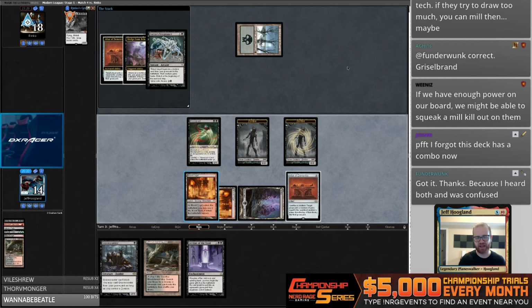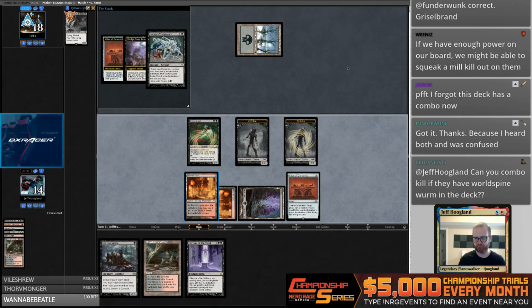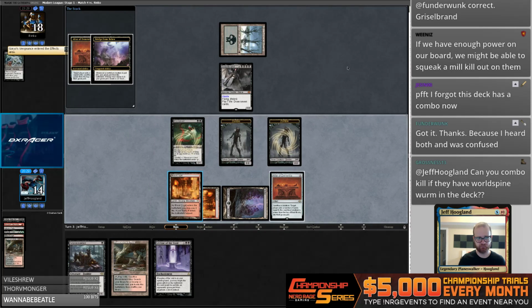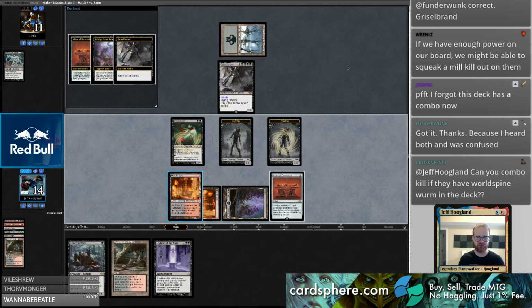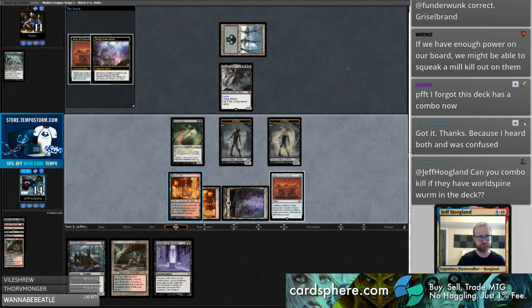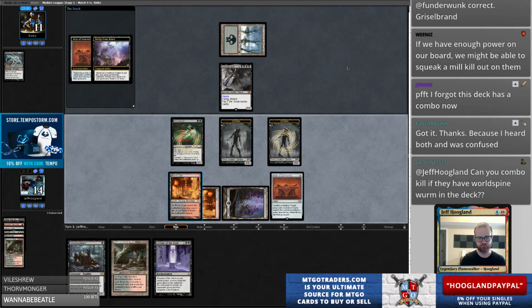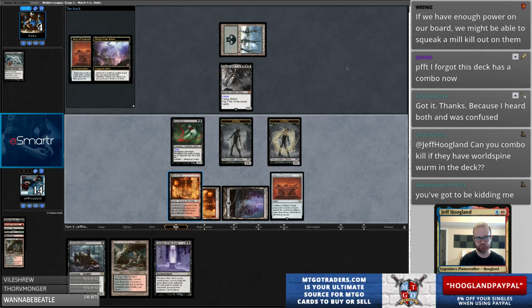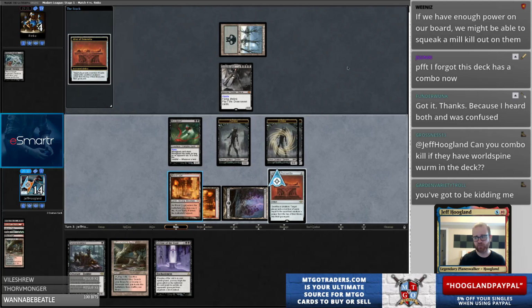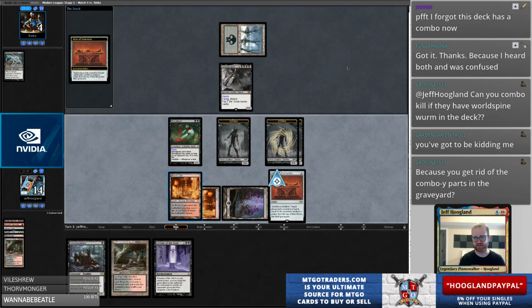And then I have mill 8 in play. So I can't fully combo mill them if they have Worm in their deck, but I can make it so they effectively can't win the game anymore, right? My opponent's deck does technically combo at instant speed, so...